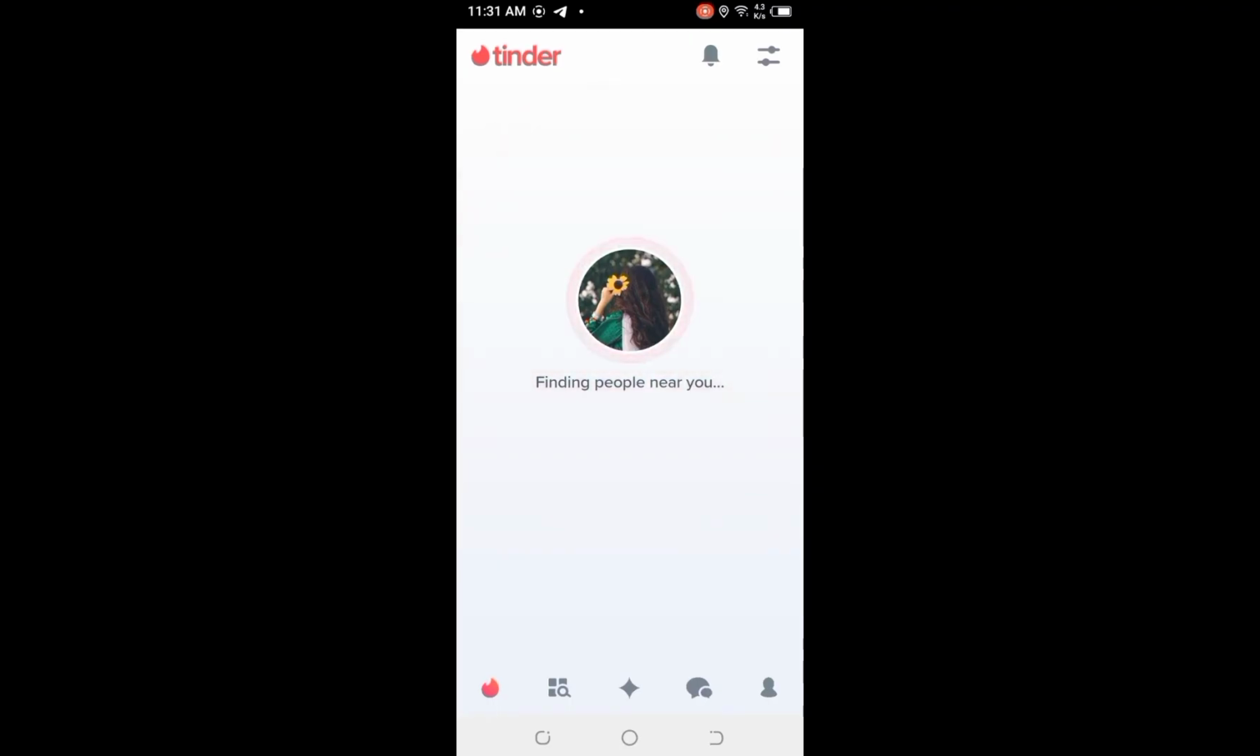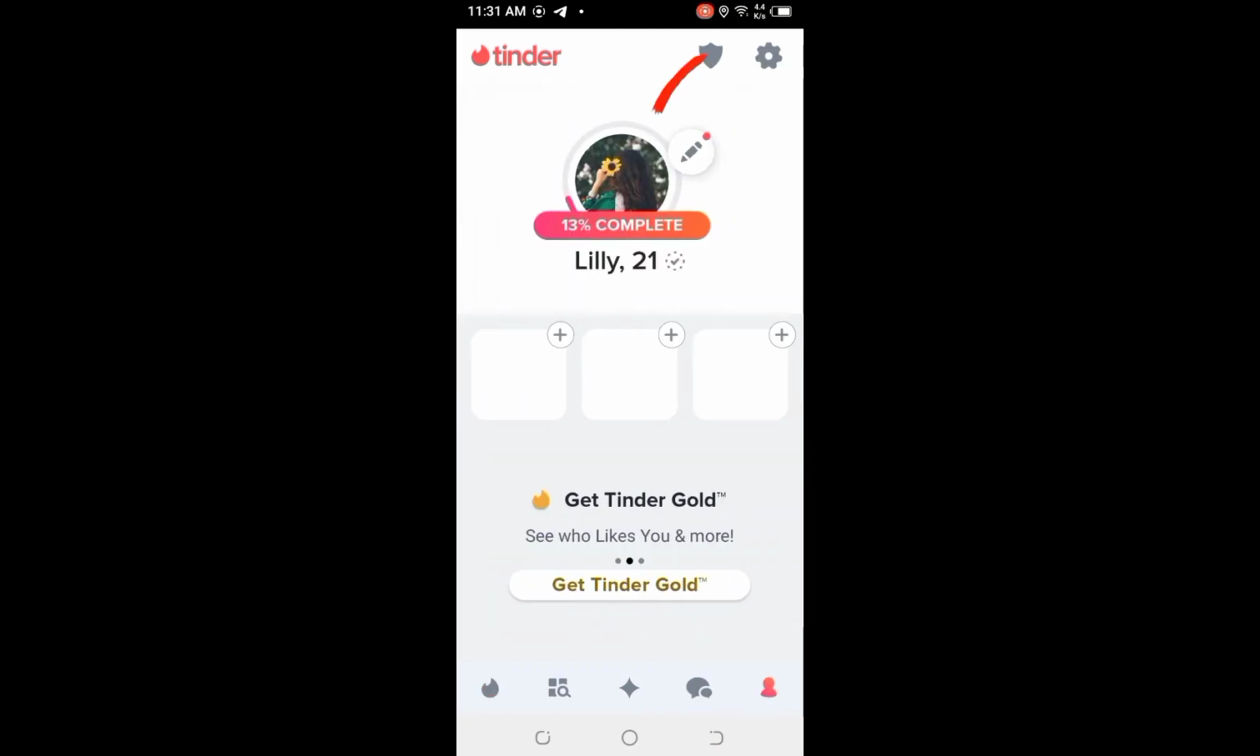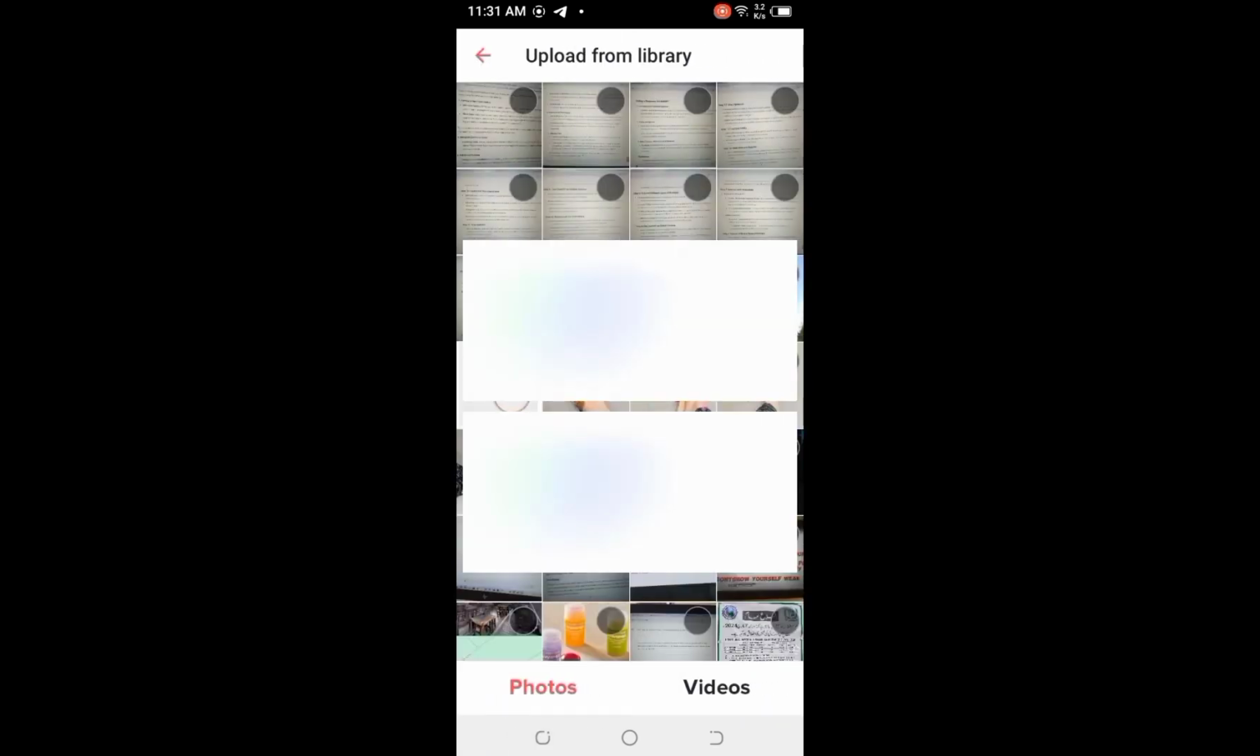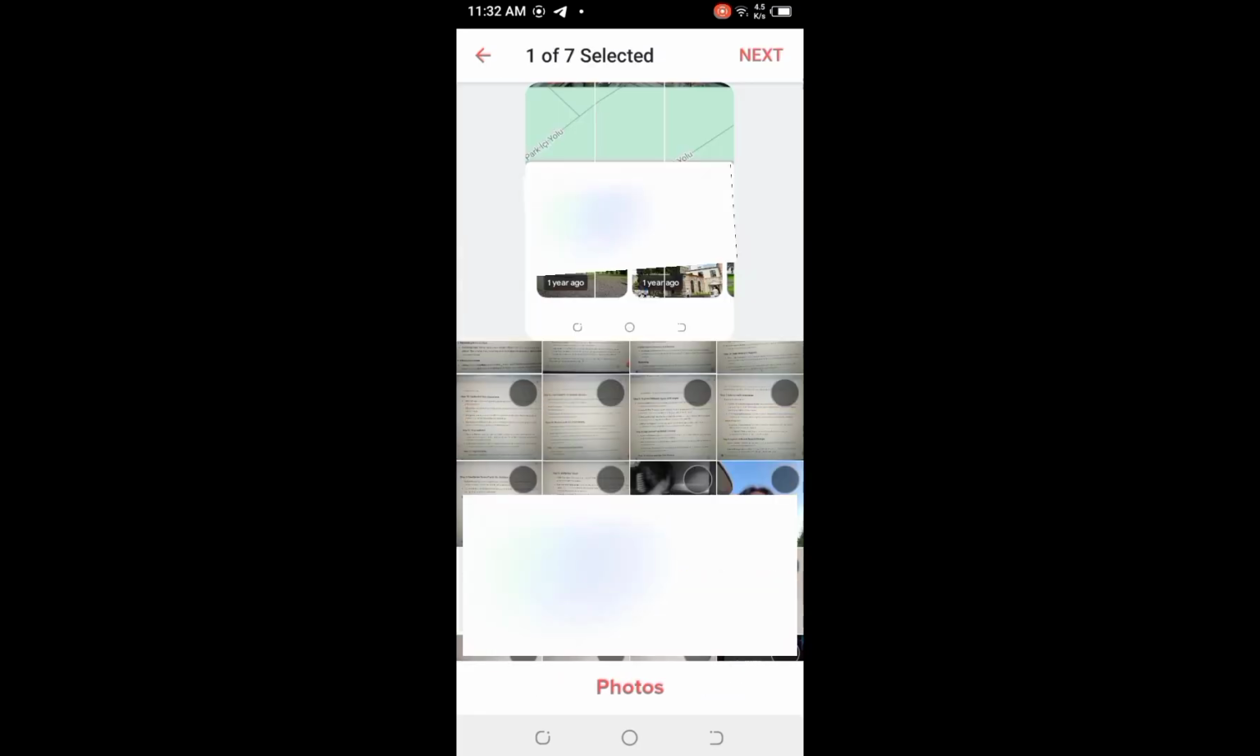The first is after completing your profile information, head to your profile and click on this pencil icon. This is the place where you can upload your photo. So click on this plus icon and head to your library. Now what you can do is add your social media, Snapchat or Instagram to your Tinder profile. So select the photo and then click on next, and with that, it will be uploaded in your photos on